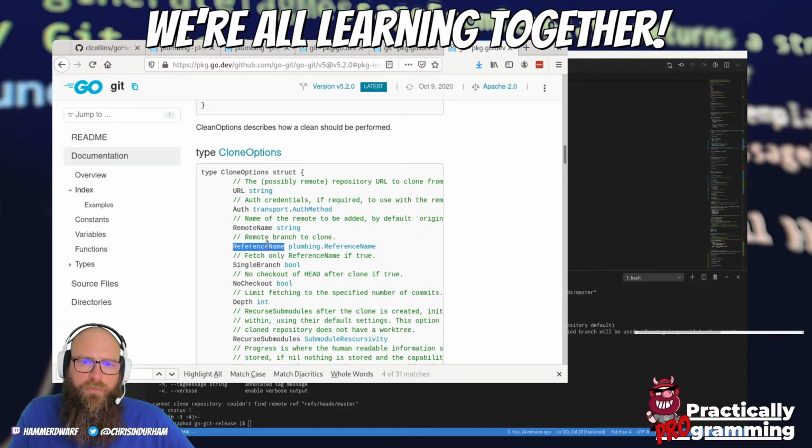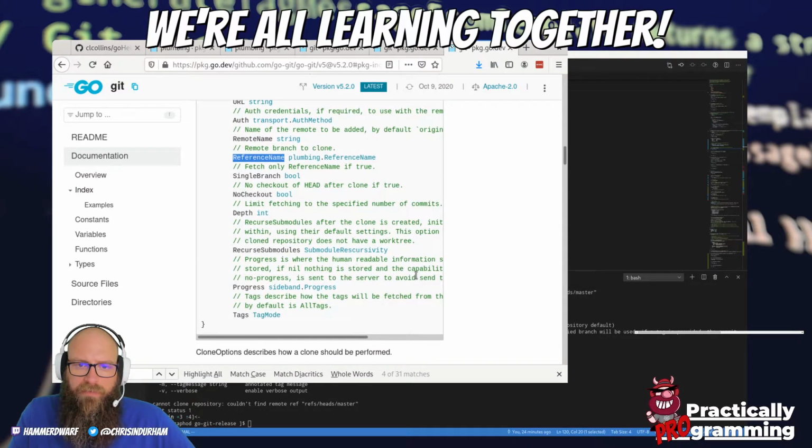Remote branch to clone. It doesn't say anything about, let's see if,